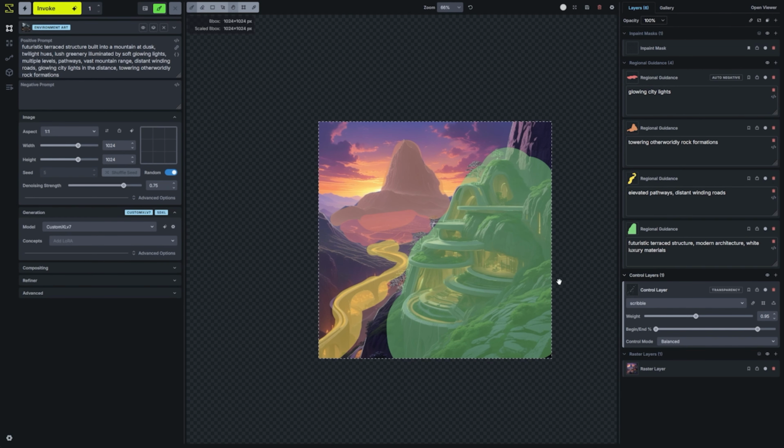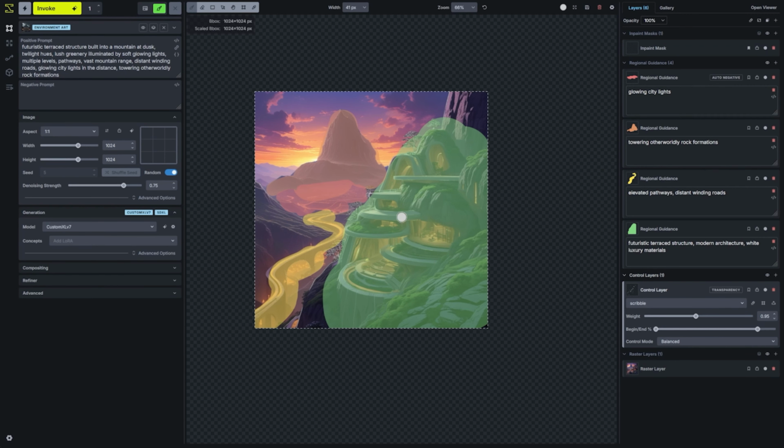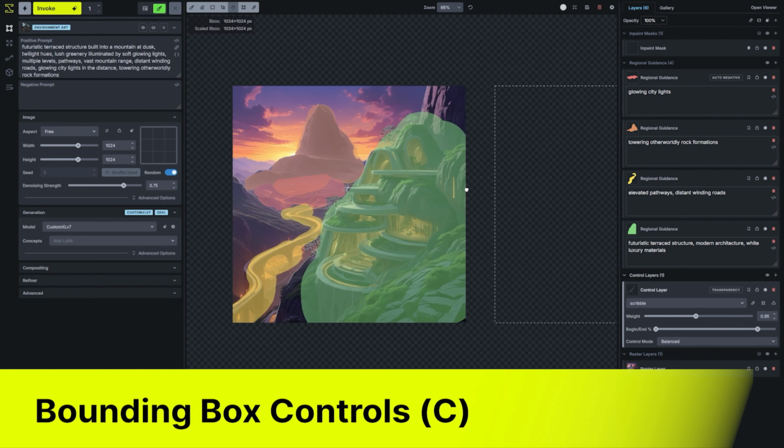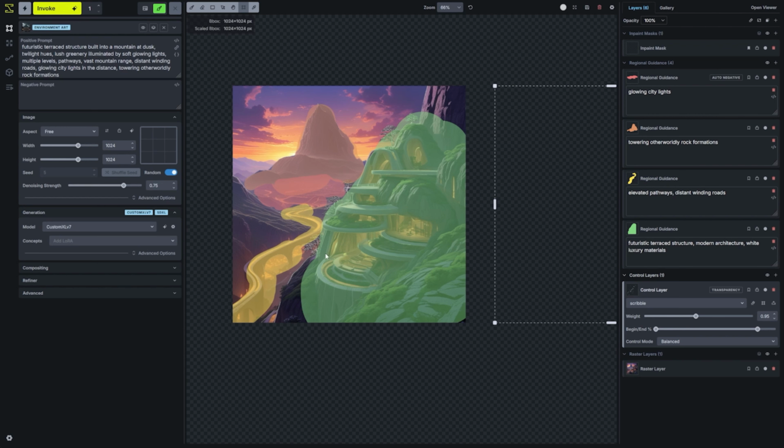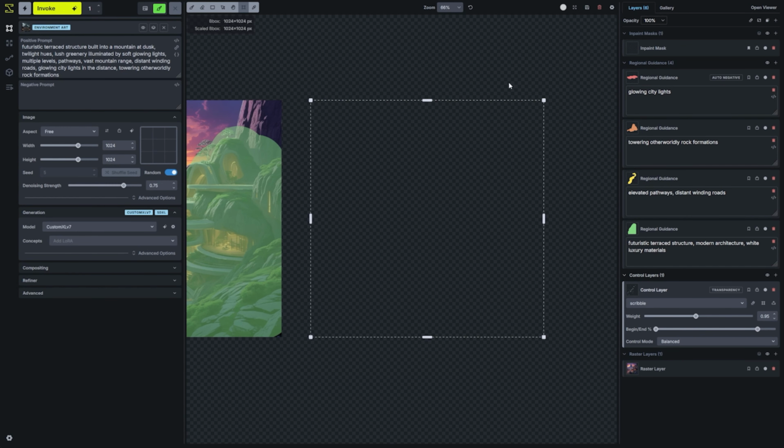What I think I'm going to do is maybe just quickly generate some additional content in a different area. So I'm going to go ahead and take my bounding box off to the side. My control image and my regional guidance are both staying directly over the image. So I'm actually generating in a new area that doesn't have any regional guidance or control layers. I could turn these off by disabling each of these layers, but I don't really need to because I'm off in a different area. And so I'm going to take out my prompt and I'm going to add a